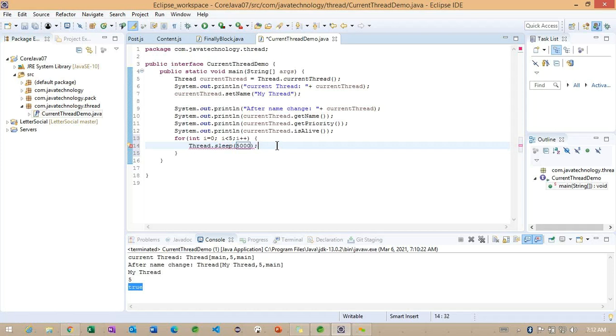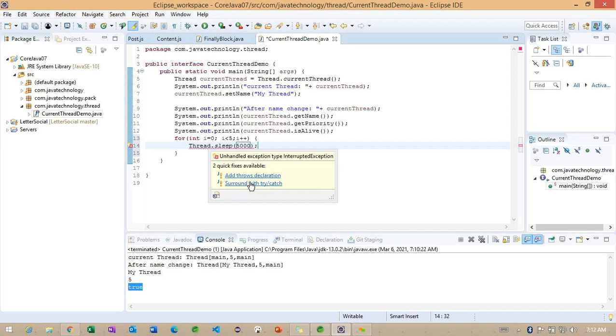And if we observe, sleep is throwing one checked exception here. Yesterday we identified that while developing an application, if it asks to handle with try catch block or throws, we treat it as a checked exception.